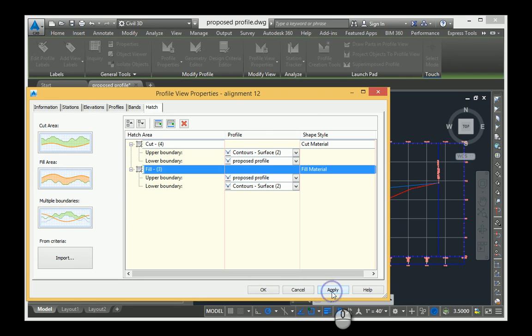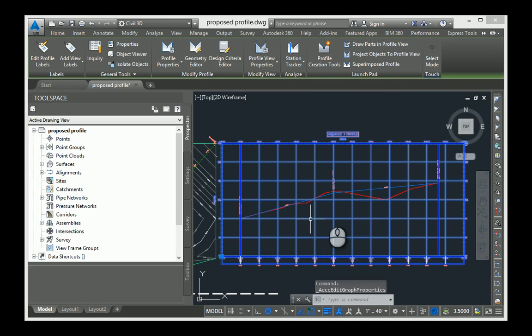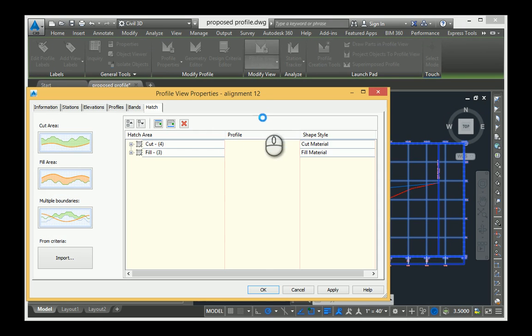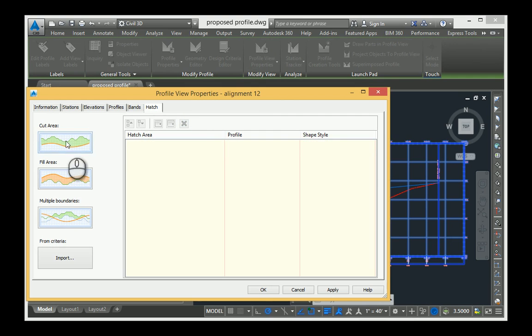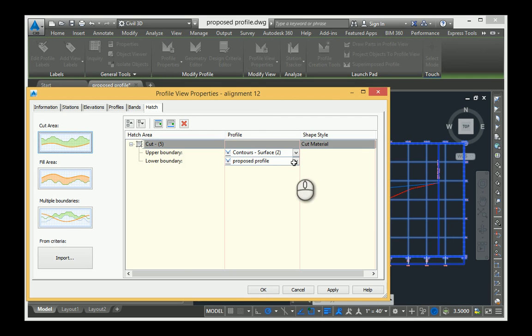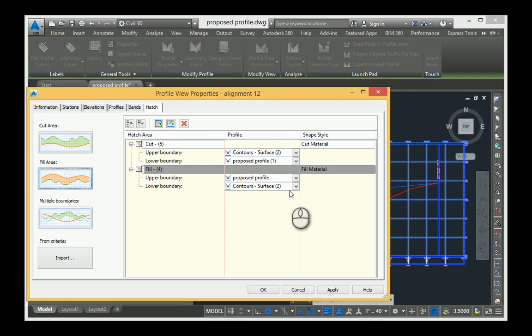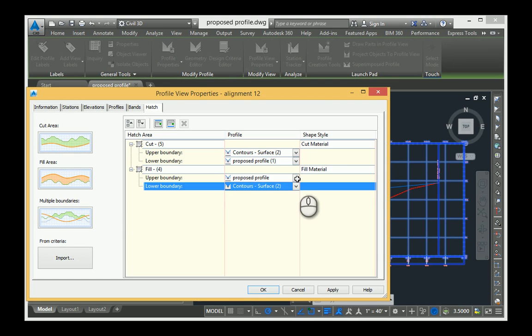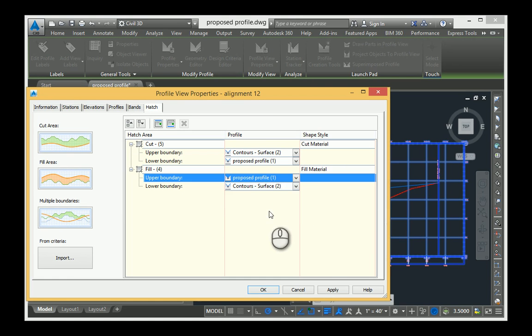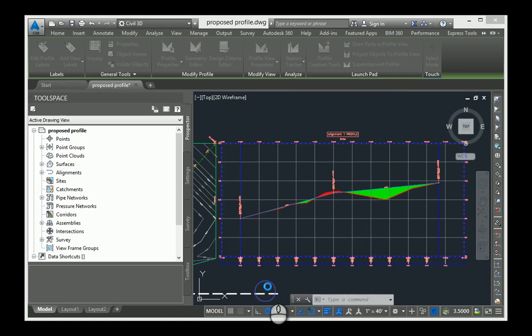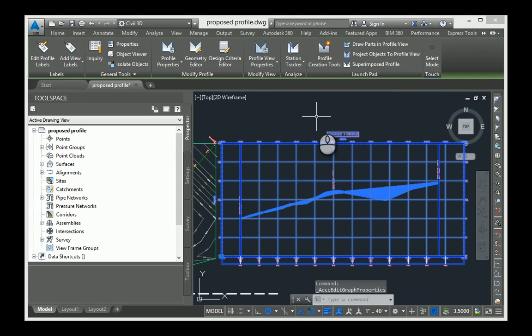So we're going to click apply and OK, and it didn't work. The reason it didn't work is because I was using the wrong profile. So let's take these out and cut area, and it's actually proposed profile 1. You shouldn't have a problem in your drawing. I've just been through this file several times, so that's why I'm having the problem. So I'm going to switch mine to proposed profile 1 and hit apply and OK,